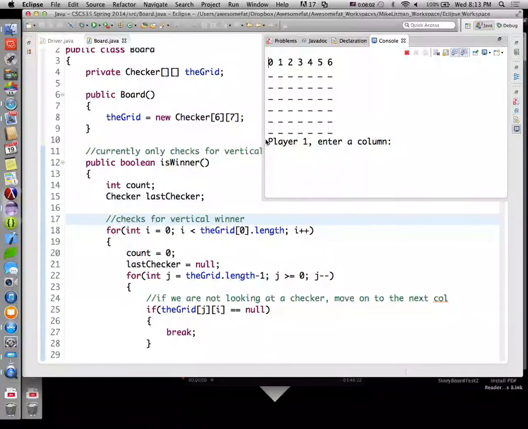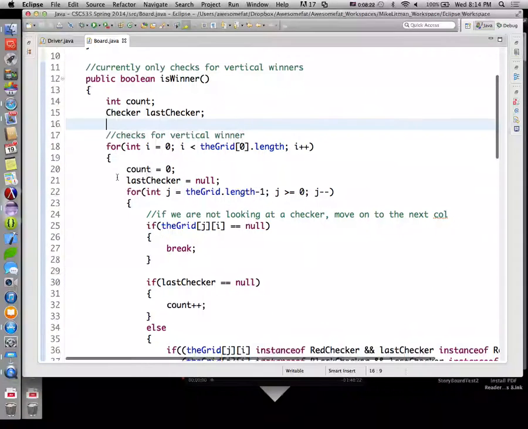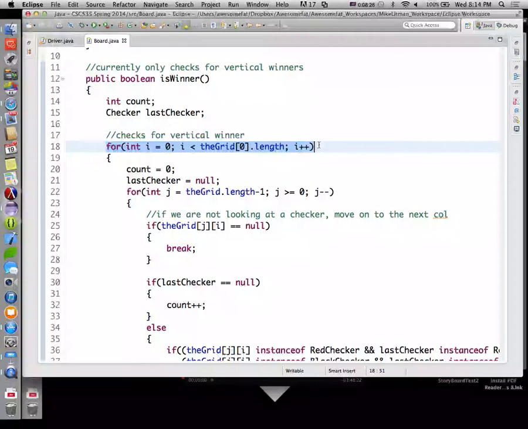Is checking for horizontal winners the same thing as checking for vertical winners if I switch rows and columns? So if I turn this guy on his side, isn't it then checking for horizontal winners? So this guy is checking the columns, right? This guy is checking the rows. If I switch those,